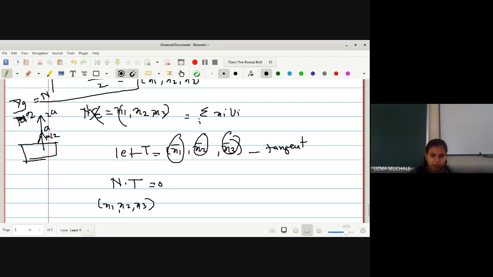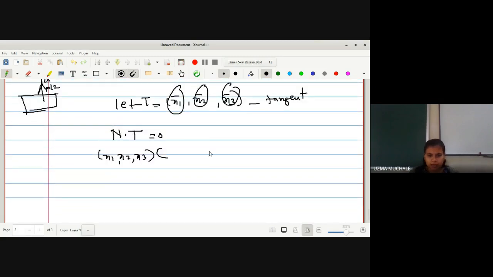Okay, so how do we find a tangent? What do you have to do? It's the dot product with whatever vector we have found, the normal vector x1, x2, x3, and it should be equal to 0. So what are the possibilities that you have to find out? Okay, x1, x2, x3 and here also a triple product equal to 0. So what are the possibilities? I can say the first one is 0. The next I can write this is x3 and this is minus x2.